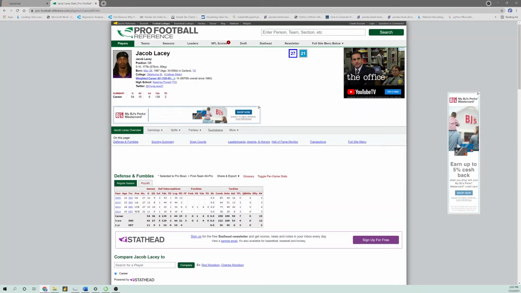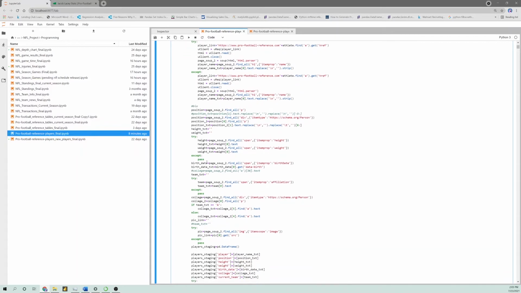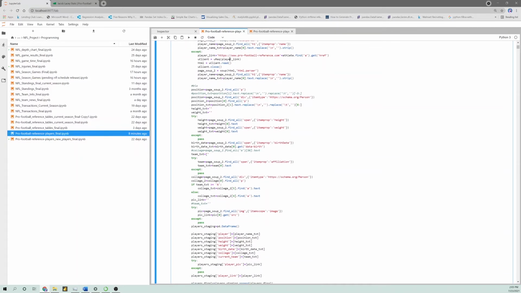But in some cases, we will only get the player name to appear once. We probably wouldn't get a position to show up, or their weight and their height. And so this is why we have that try and except here as well, because if we cannot retrieve that, then we really have no other way of getting that information unless we go to another website. But it's not really necessary to do that because it's such a small sample size of players that do not have a height and a weight. Next, we retrieve the birth date,